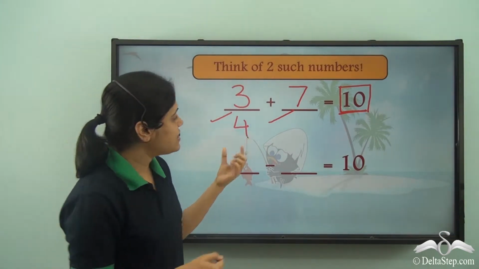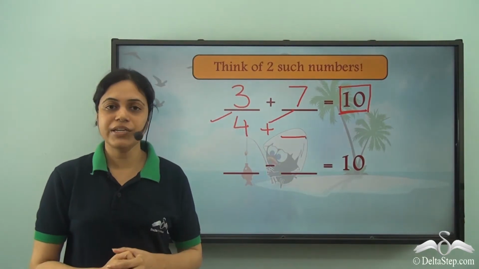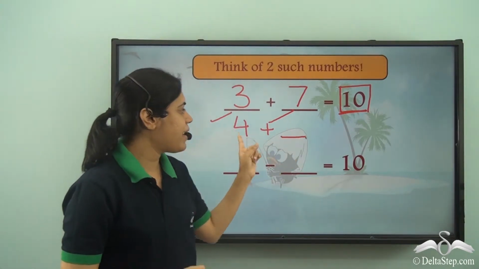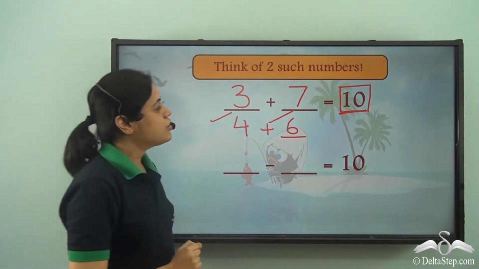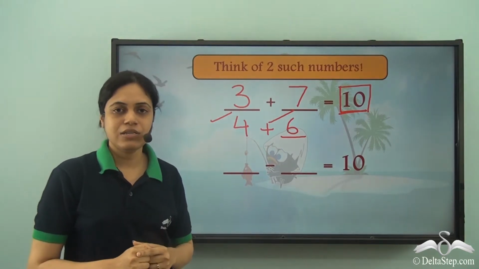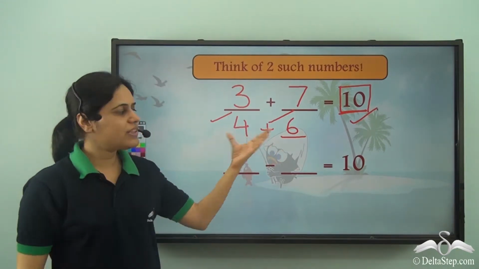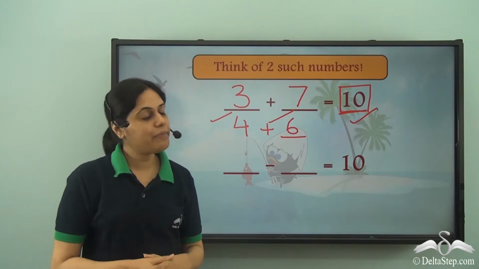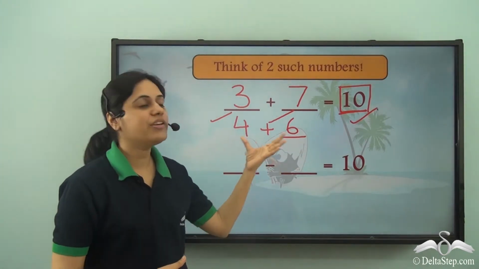Well, once again this becomes 4 plus something is equal to 10. So in order to find this number, I need to do 10 minus 4, and 10 minus 4 is 6. So the numbers I get this time are 4 and 6. 4 plus 6 is once again 10. So even this is the correct answer. In fact, you may take any number less than 10 and find the other number. You will reach the right answer.